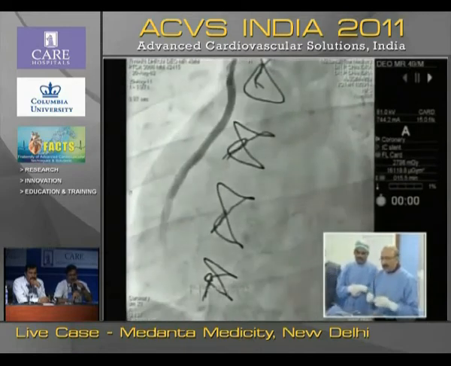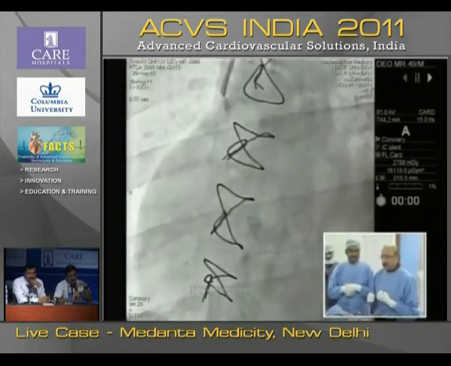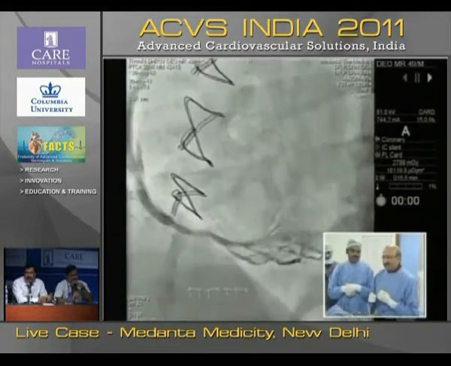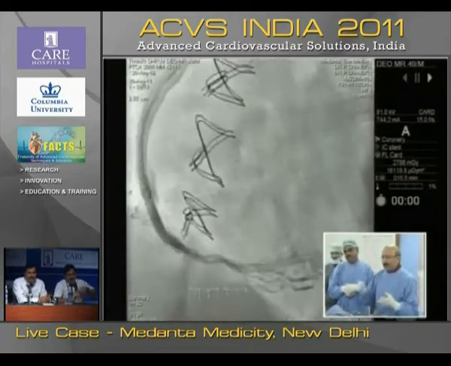Absolutely. So we have to use a stent. Which stent? That is the thing. And we have to use a bare metal stent. I guess there is no other option. I mean, since the surgery is imminent, there is no choice. Or is there any other option you can think of?